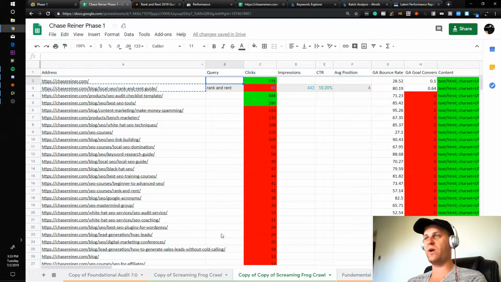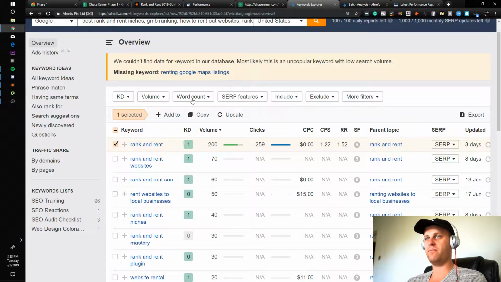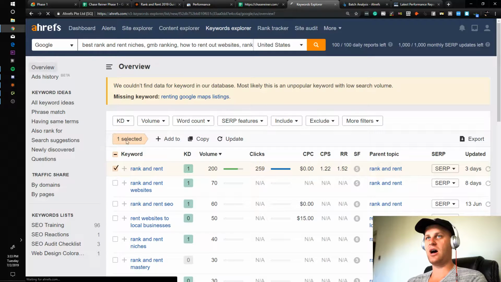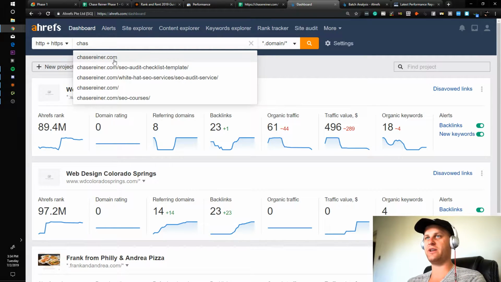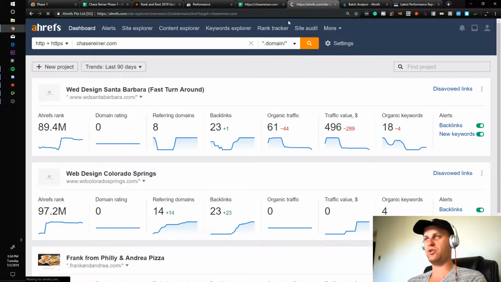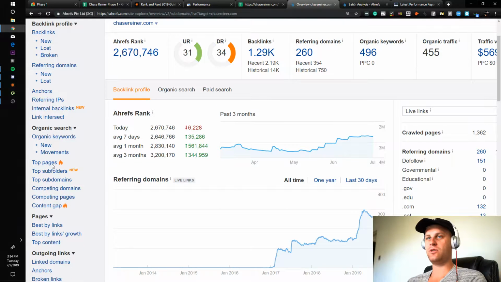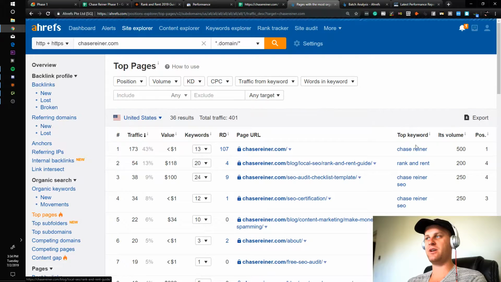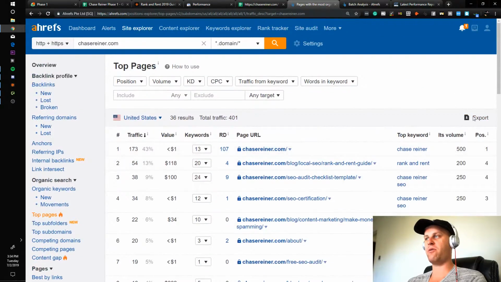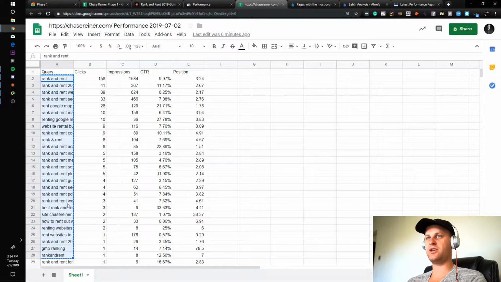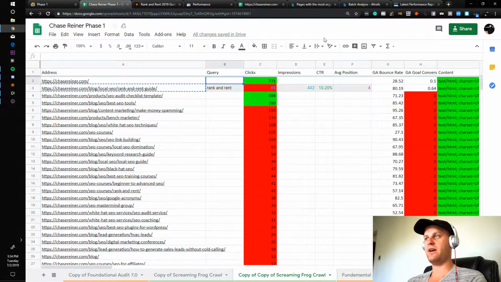There is a quicker way to get all this data. It's a little bit more complicated to do, and you have to do it through Ahrefs by going to the top pages for a website. So instead of doing it like how I'm showing you right now, you'd look at the top pages, see the keywords that Ahrefs basically thinks the page should rank for, export all that data, plug it directly into here, sort all the URLs, all that kind of stuff. Again,